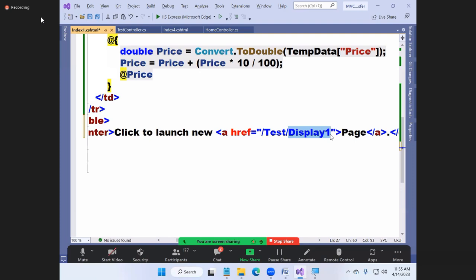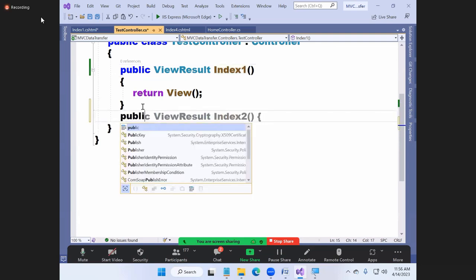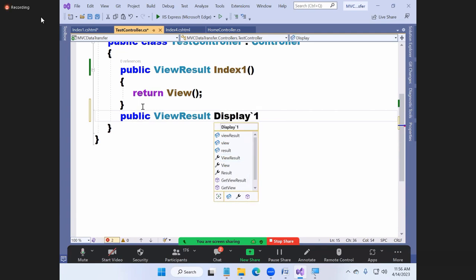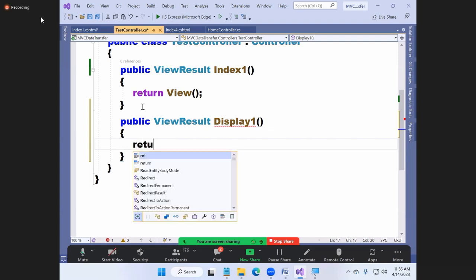Means you're required to write a method now. Method name: Display1. Got it? So let's go to test controller. Write a method. Public ViewResult Display1, return View.